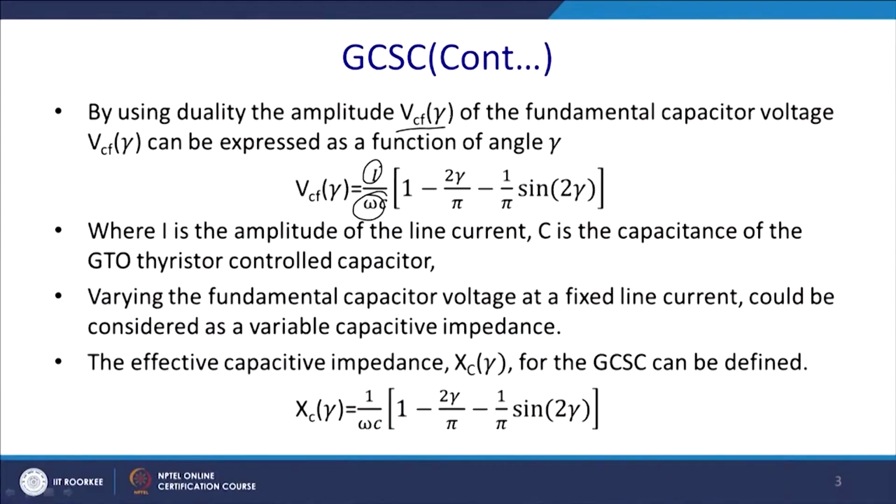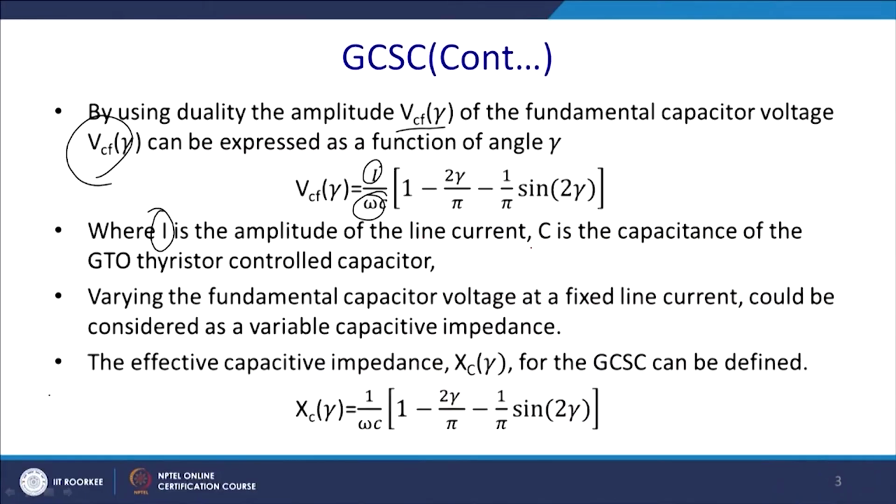By using the duality of the amplitude of C lambda, the fundamental capacitor voltage V_CF can be expressed as a function of the angle lambda. There you used to write alpha, here you will write lambda. So, V_CF(lambda) equals I by omega C times (1 minus 2 by pi lambda plus 1 by pi sin 2 lambda). Again, this is a nonlinear equation, and you have to solve it by the iterative method,